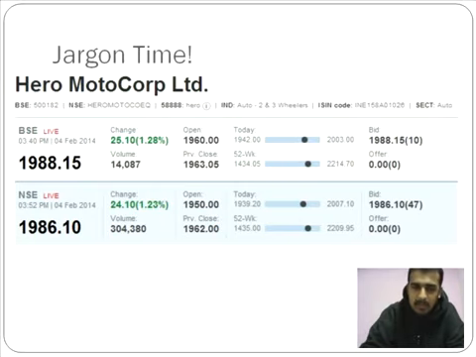Now next to that, I want to discuss the volume point of view. In BSE, if you notice, just around 14,000 trades have happened. In NSE, 3 lakh plus trades have happened. That's a big difference. The reason for such a big difference is that NSE uses a better system for trading than BSE. In NSE, they use satellite connectivity for the purpose of trading. Remember, NSE uses satellite connectivity for trading. Satellite connectivity is pretty much instantaneous.